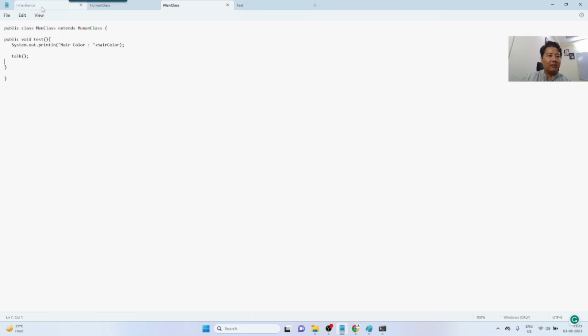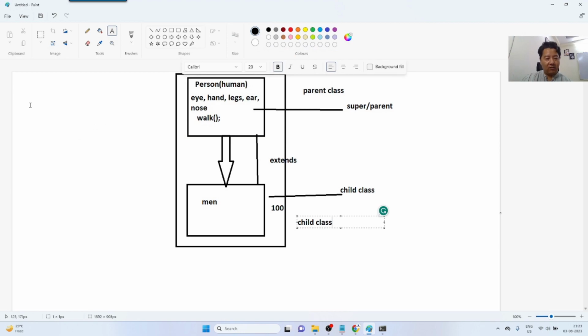So we were discussing inheritance. Single inheritance was covered in the last video. Now I'm going to multi-level inheritance. So multi-level is something that